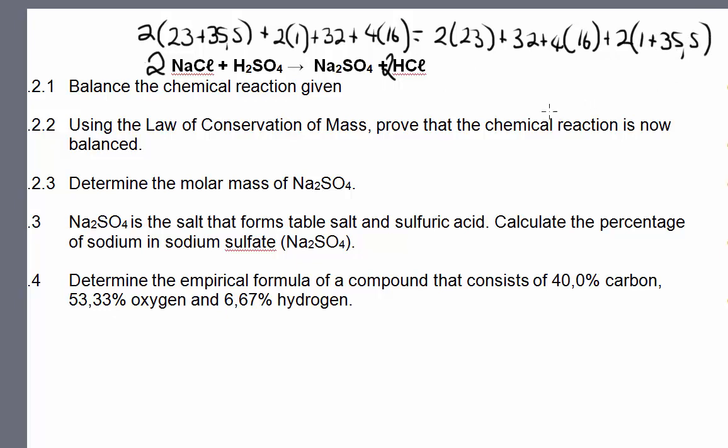If you go and calculate this, you will see that this is actually a balanced chemical reaction. We show here that the mass of my reactants is equal to the mass of my products. This was grade 10 work. We are not saying we have the mass of the reactants or we have the mass of the products. We're saying if we have a balanced reaction and we follow our recipe and the amount of moles needed, that